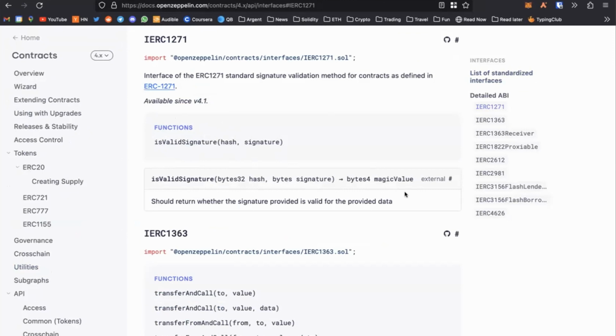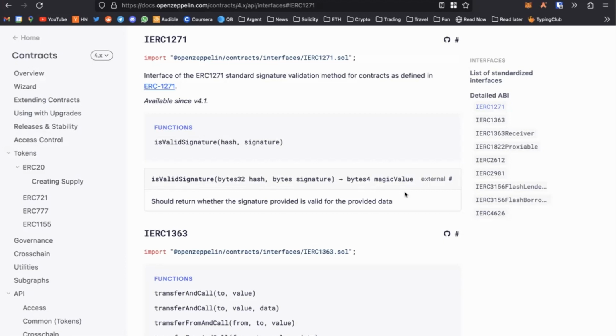But the thing is, both on EVM and on ERA, there are still non-account abstraction accounts, otherwise called EOAs, which obviously don't have this method. So you have to branch and check: is it a smart account? If yes, I'm calling this signature method. If it's not, I'm still going to have to do EC recover the old way.